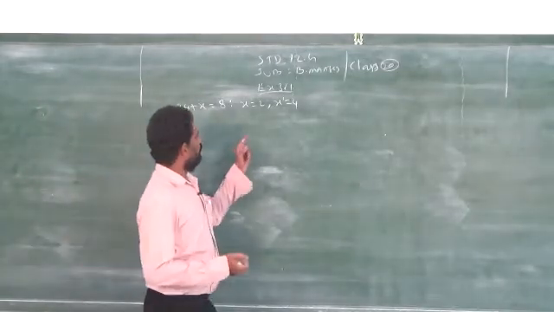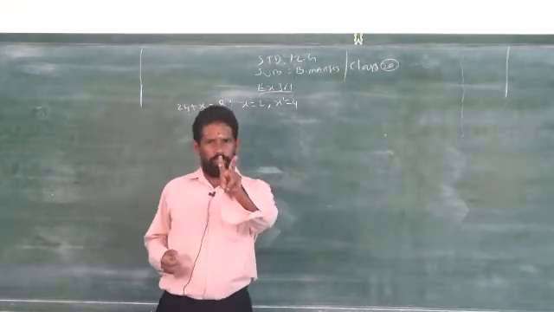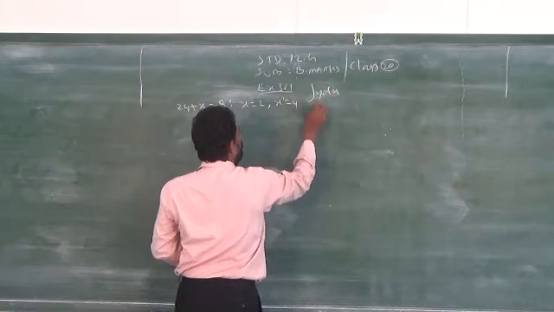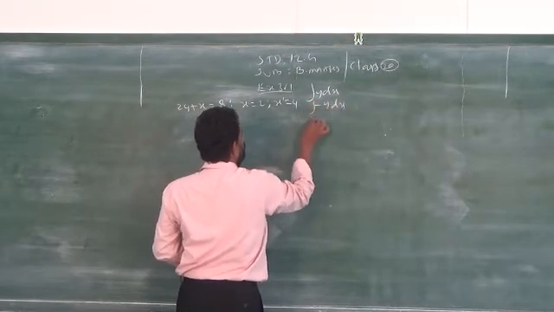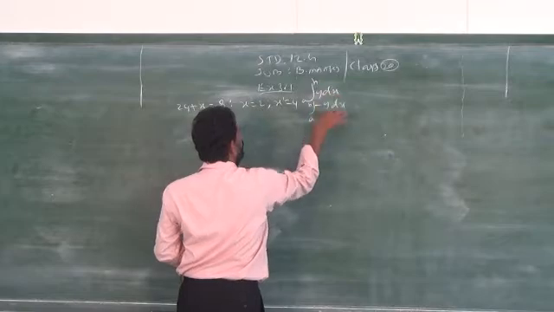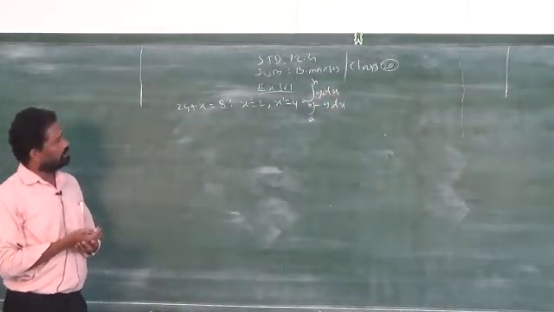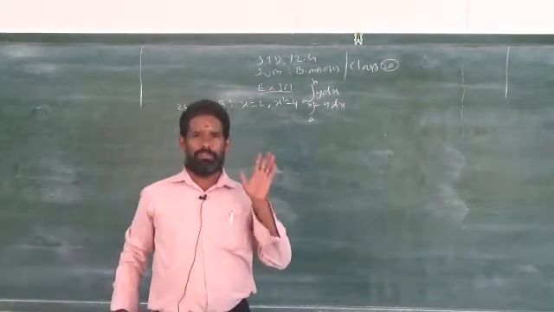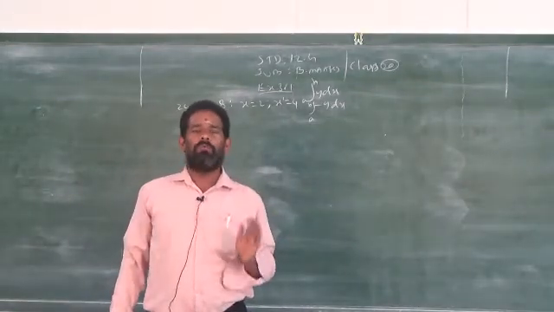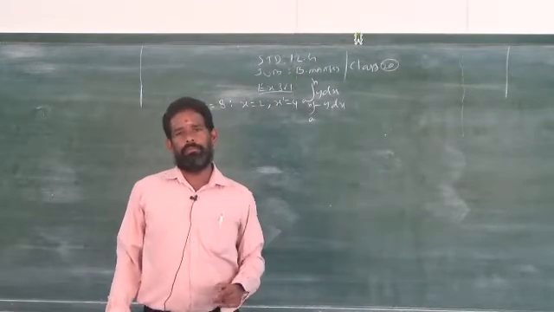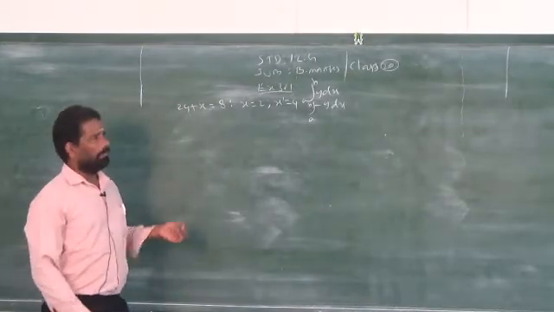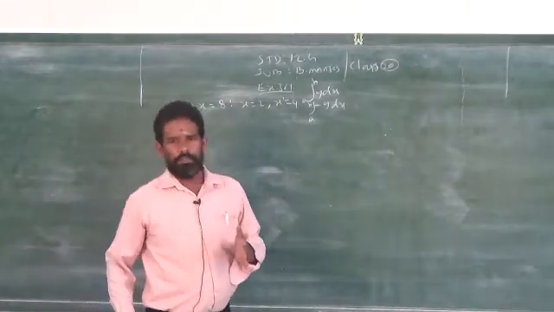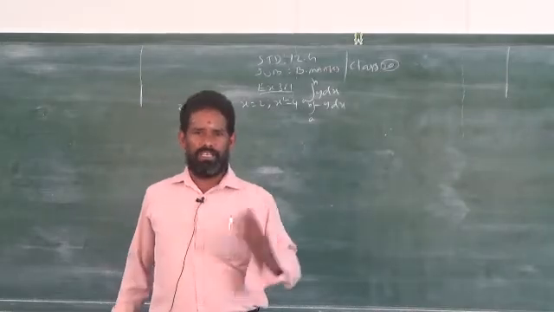So we have two formulas. When x limits are given, we have two formulas: one is y dx, another one is minus y dx. Clear? So I have to select out of these two which one is suitable for the given question, for which you have to draw a diagram. You know how to draw the diagram for this type of straight line. You studied this in 10th standard, under the concept of graph.